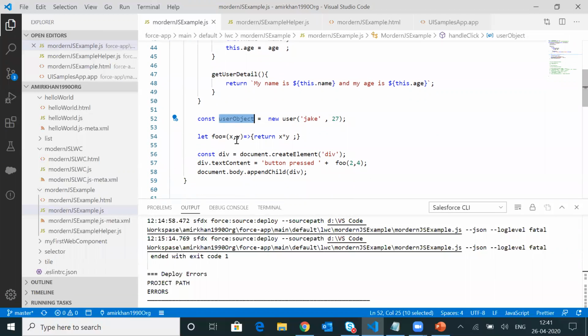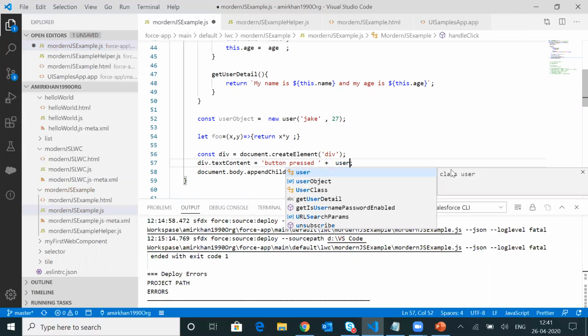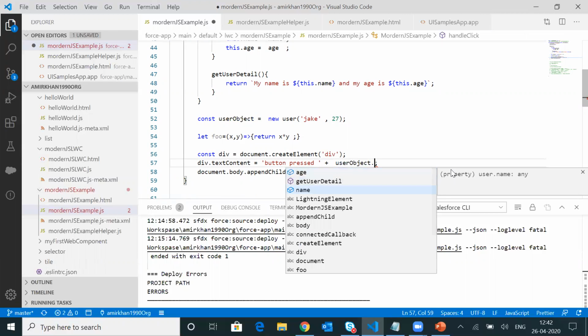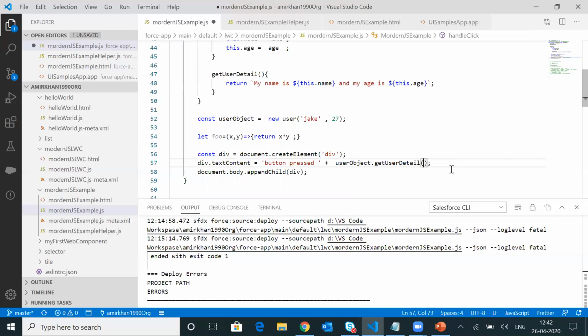So in order to call this particular method, let's say I am replacing this older one. So userObject dot, you can see the getUserName is already coming in the suggestion list, and here we go, that's it.